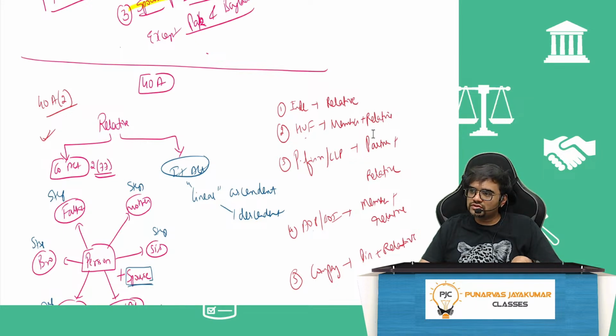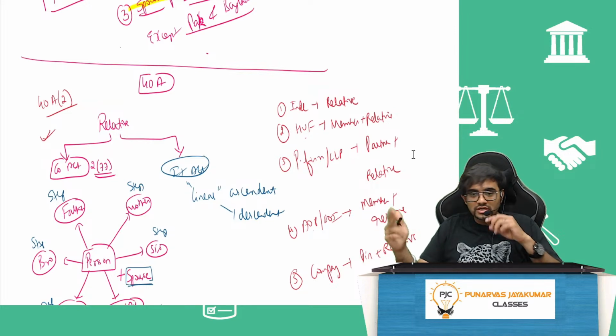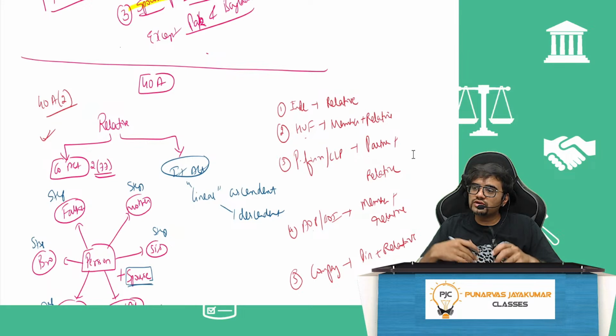The assessing officer finds out: how is this fellow getting 1 lakh? He has done BCom from Vijaya College, from Bangalore University. 1 lakh is impossible. Other fellows are getting 12,000, 13,000, 15,000, 20,000, and you are paying this fellow 80,000 more. How? So 40A, subsection 2, 40A2 will come.